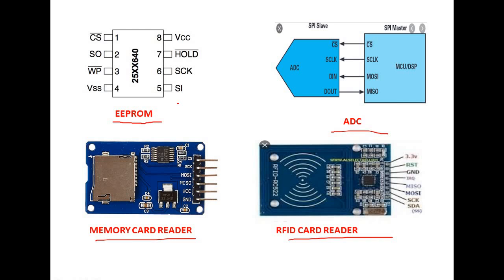Here you can observe the SPI signals. SI is nothing but MOSI, master out, slave in. Here the master is your microcontroller and this memory is the slave. This is the slave in pin, this is the slave out pin, this is the serial clock, and this is CS, chip selection or slave selection. Here the chip is the EEPROM, this is the slave, therefore chip selection is nothing but the slave selection.